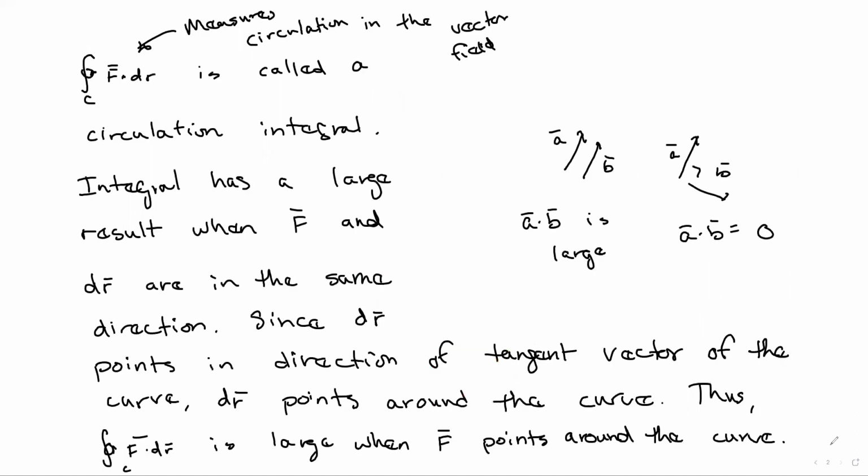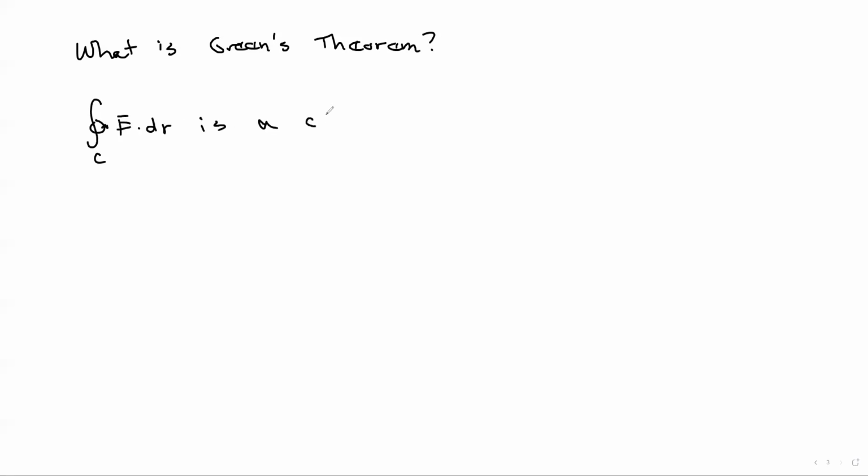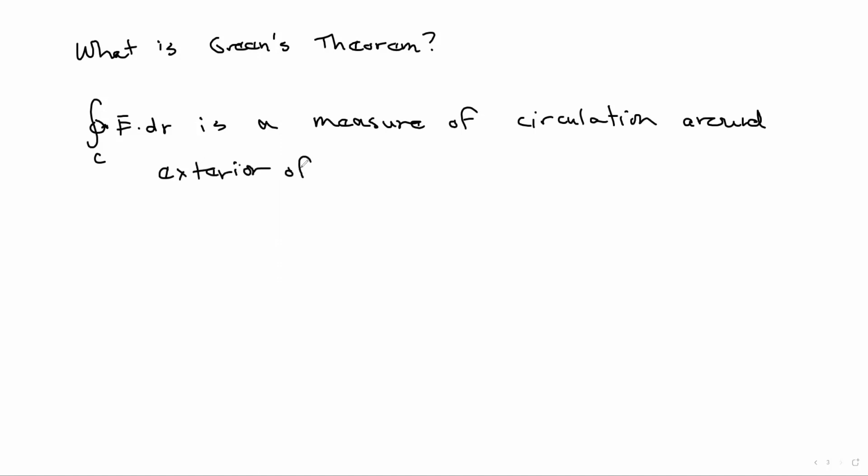All right, now let's move on to Green's theorem, which is why you're watching this video. What does Green's theorem say? It says that given f dot dr is a measure of circulation around the exterior of D, the object D, and given